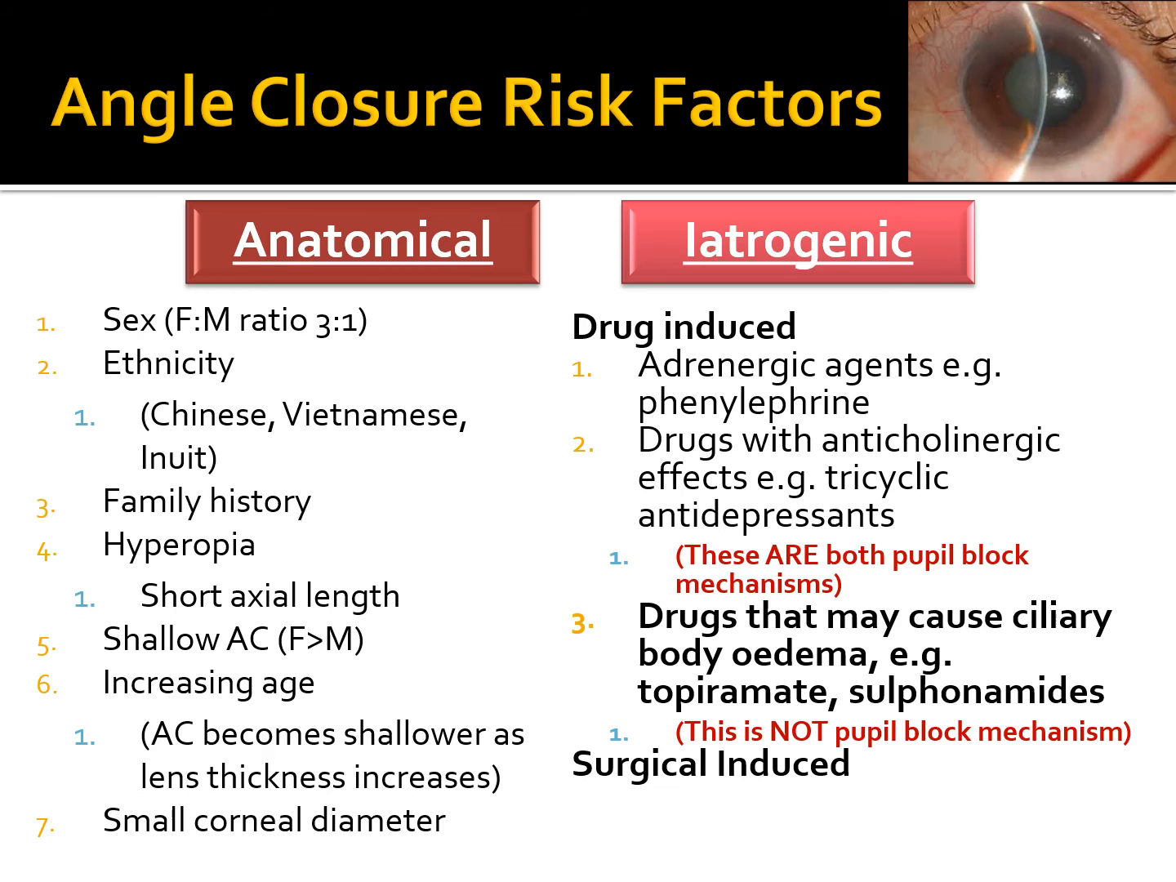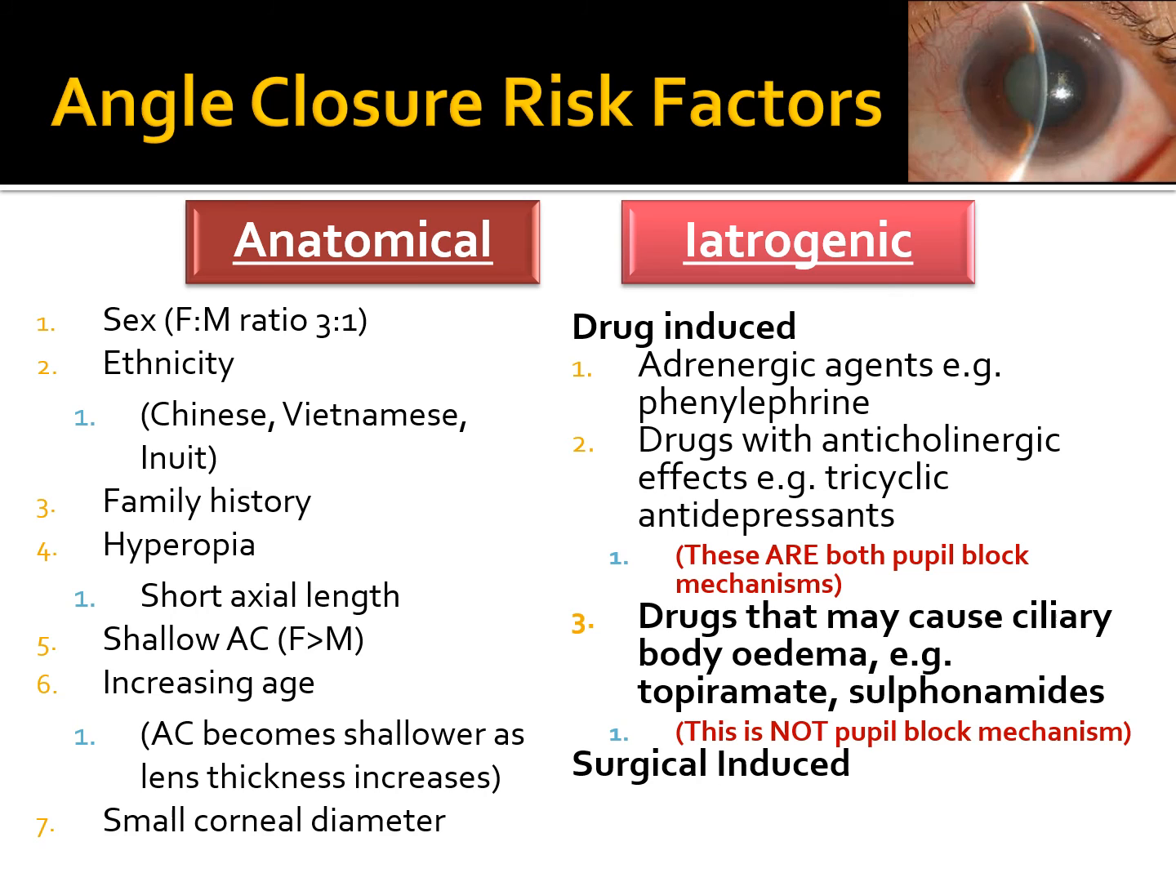Females much greater than males. Then there's ethnicity, then there's family history, then there's hyperopia. Again, much smaller eyes, much more congested inside there really. Shallow ACs, again anatomical, females much greater than males, and then increasing age, because as the AC becomes shallower as the lens thickens. But then the secondary type ones with drugs, drug-induced iatrogenic stuff,